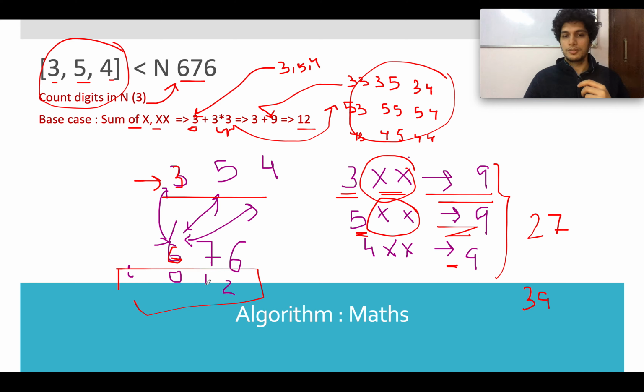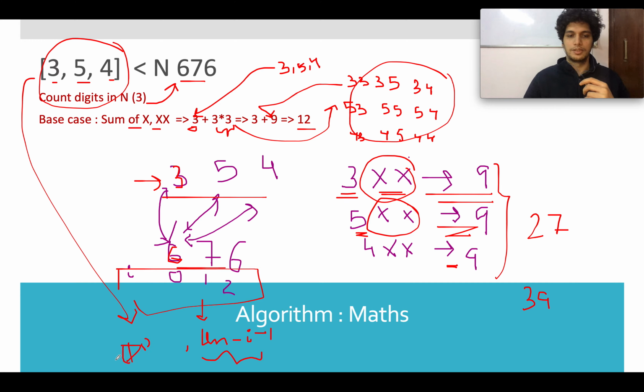So what you're going to do is calculate length minus i minus 1, which will give you the power value that is to be used here. And how will you calculate the actual value? The number of digits in the data set, the digit count, will give you the base of this power.